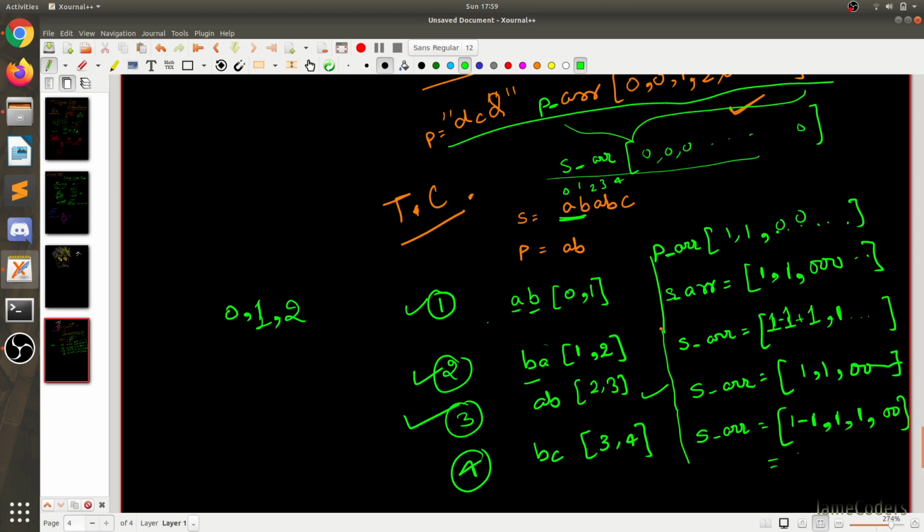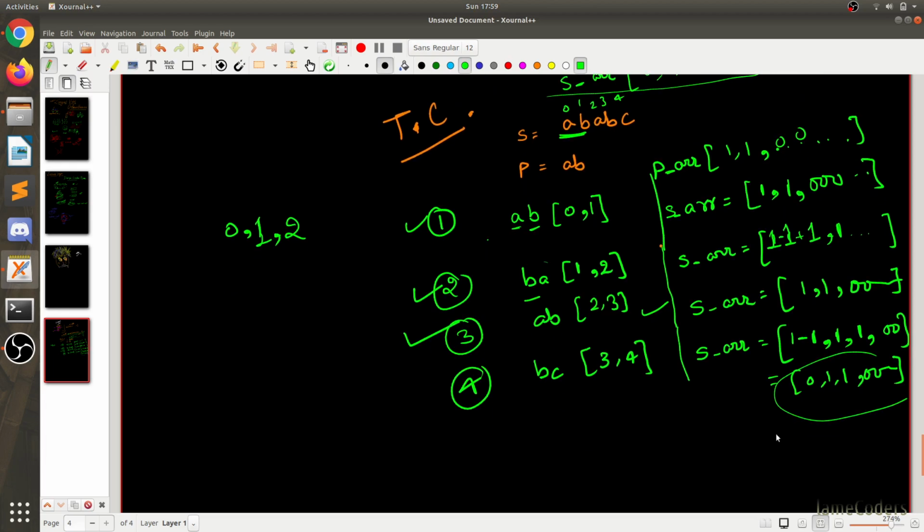So now our new string array is 0 comma 1 comma 1 comma 0 0 0, and this is not equal to this. So the S array is not equal to the P array, so we don't have to append it, we have to go on further.